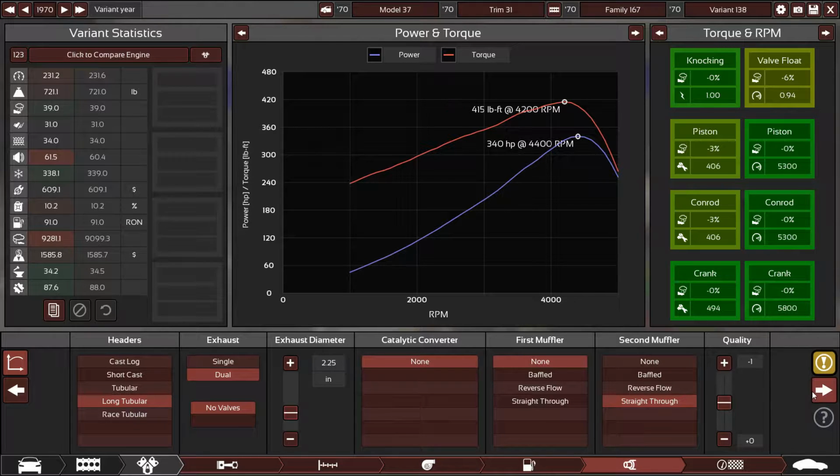Alright guys, now before we listen to the engine, I'm just going to go over what I did on the engine itself to get it to where it's at. As you can tell, it's got 340 horsepower and 415 pound-feet of torque. I actually didn't really do anything on the car itself. The engine, I can't really get over 340 horsepower unless I start moving sliders up, which is something we're not allowed to do,